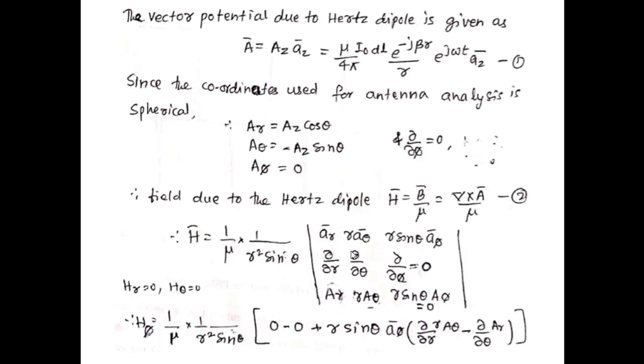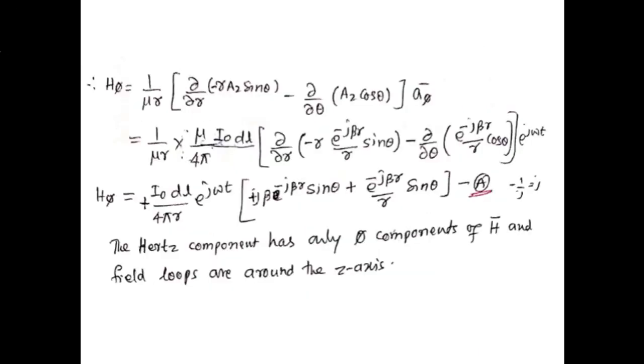So this A_r bar ∂/∂θ into 0 minus ∂/∂φ is 0 into A_r. Therefore, this term is 0. Next, minus r A_θ bar into ∂/∂r 0 minus 0 into r, this is 0. And plus r sin θ A_φ bar into ∂/∂r (r A_θ) minus ∂/∂θ A_r. Therefore, we get only the H_φ component, given by 1 by μr ∂/∂